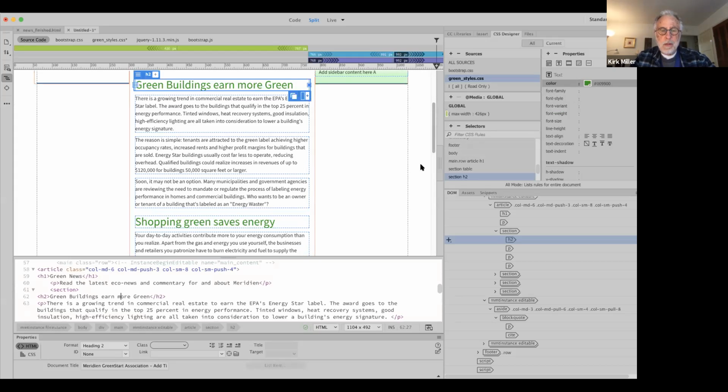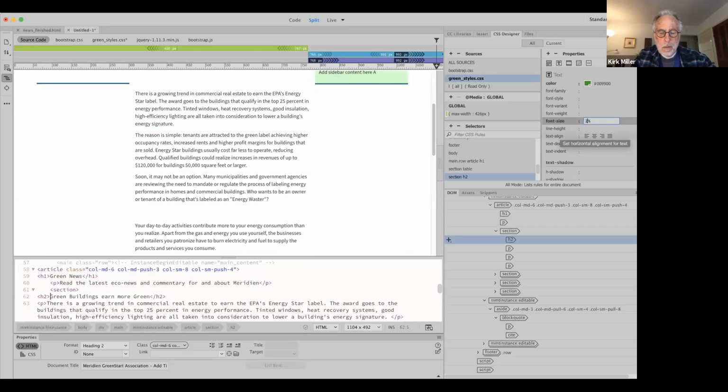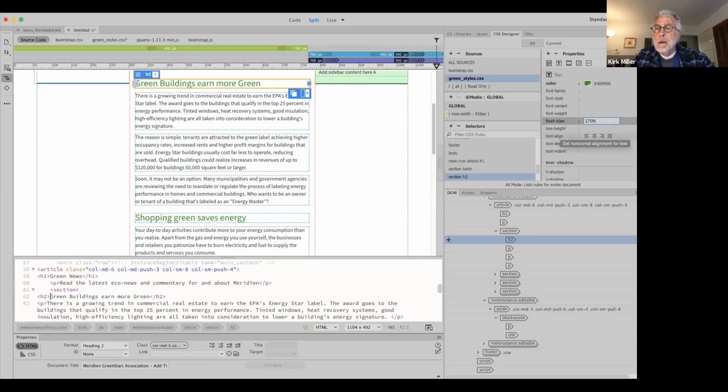Now, there's a few more things that they want us to add to this. In addition to the color, they want us to add the font size. So to a percentage, and we're going to use 170%, 170. Okay, so it's a little bit smaller. And we want to make sure that the